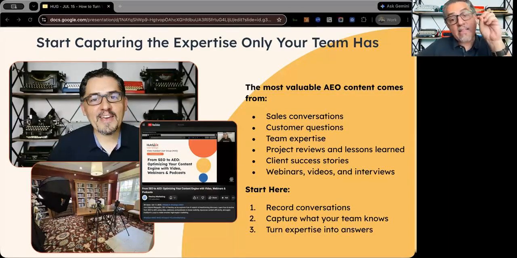If you're only asking that question, you're not only missing the point on how to use AI, but also you're hurting your SEO and AEO, and you're hurting the ability of AI to trust you in the long run. So your number one goal is to capture as much as possible so then you can put that information into AI and actually create the content from there. And we'll talk about that next.